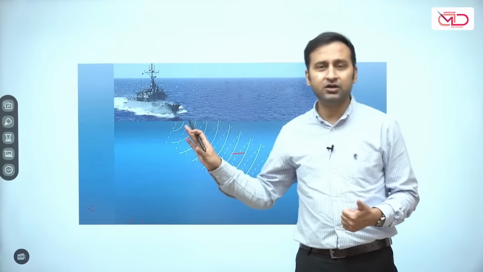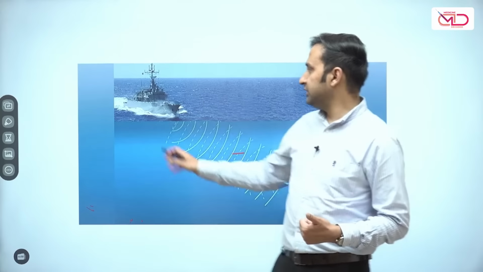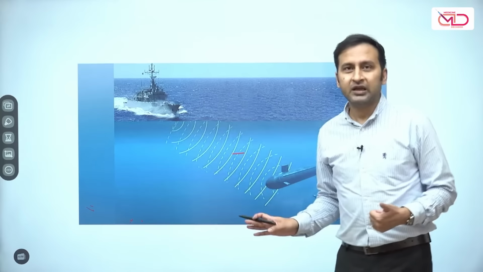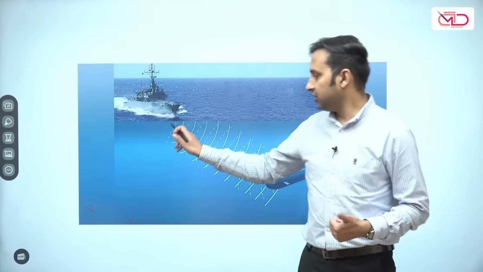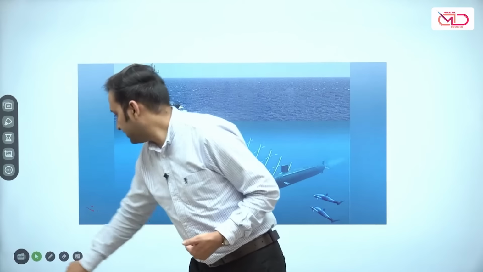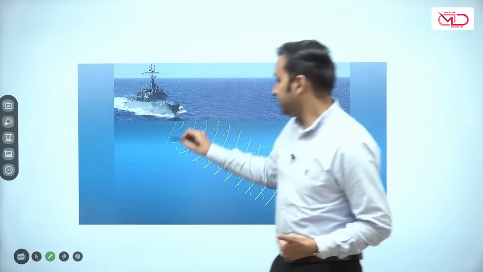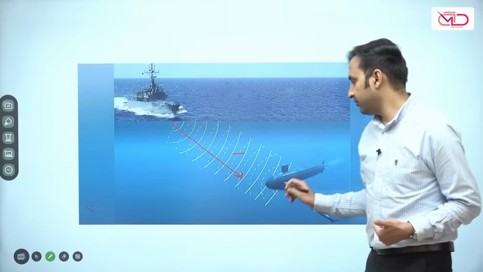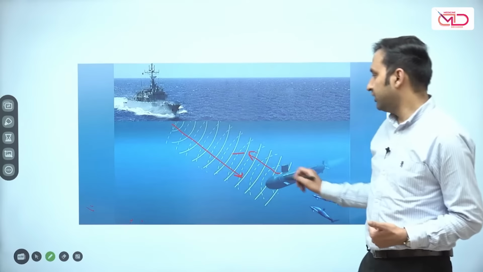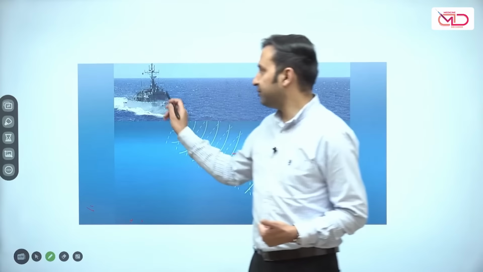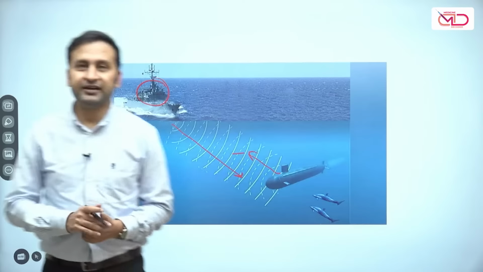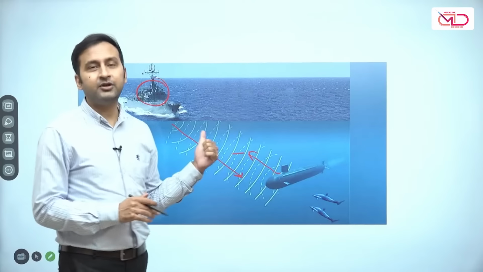Sonar behaves very similar to ultrasound waves. What do these navy machines and submarines do? They emit sound waves which are very similar to the ultrasound waves. And once these sound waves are transmitted, a bit of these sound waves are reflected by solid submarines, and whatever is reflected is picked up by the transmitter here. This is very similar to the transducer of the ultrasound that we see.